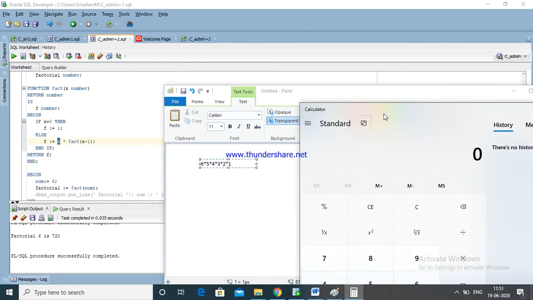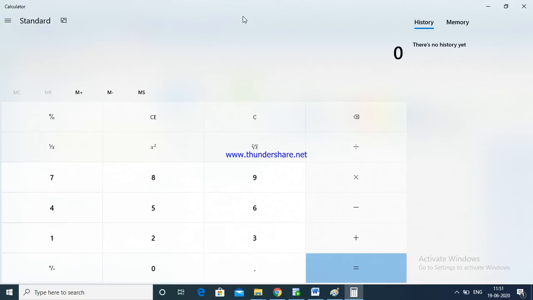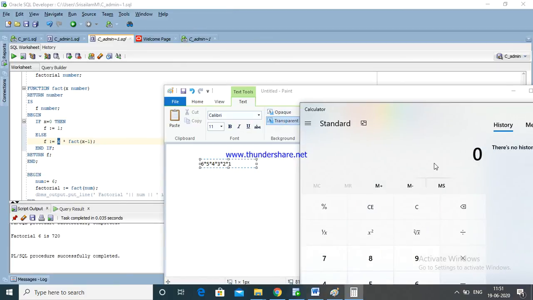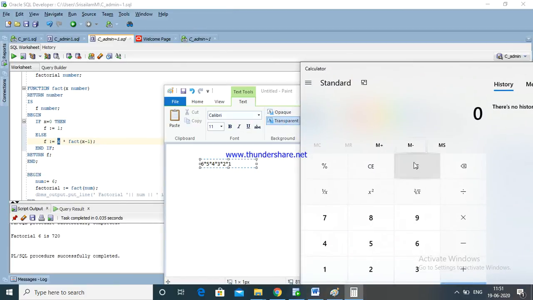Minimize. 6 into 5 into 4 into 3 into 2 into 1.